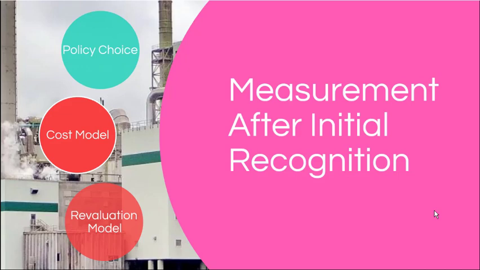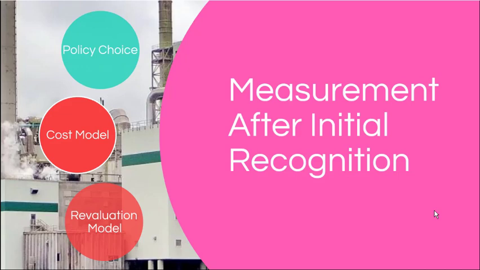There we studied that property, plant and equipment is measured initially at cost, and cost includes the purchase cost and all those costs the company or entity incurred in bringing the asset to its current location and condition, and the present value of future dismantling cost relating to the asset if there is any.